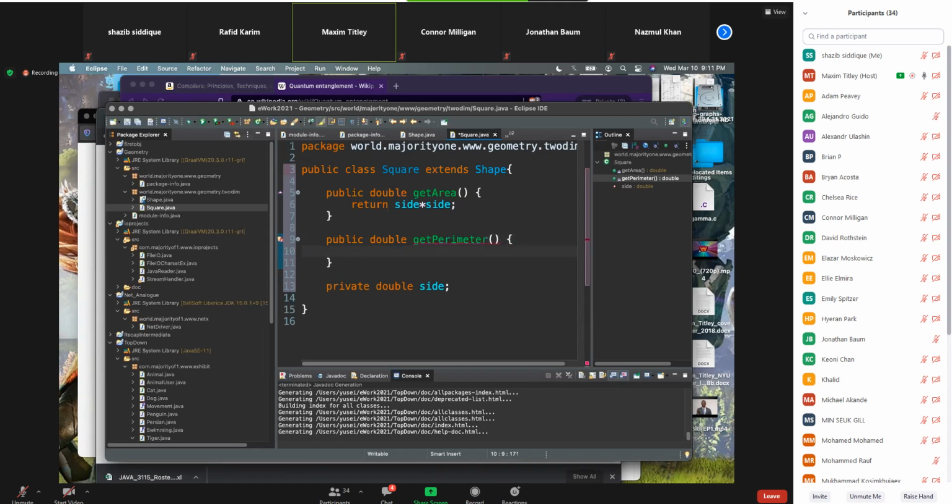And with get perimeter, I'm just going to return the perimeter. So for square, my perimeter is going to be 4 times the side. Quite literally, side plus side plus side plus side. Okay, and with that, I now have my